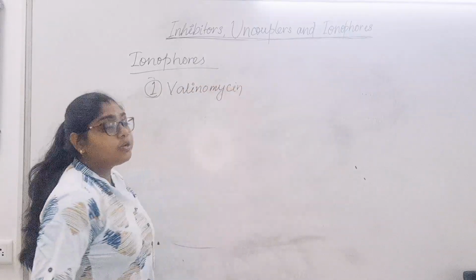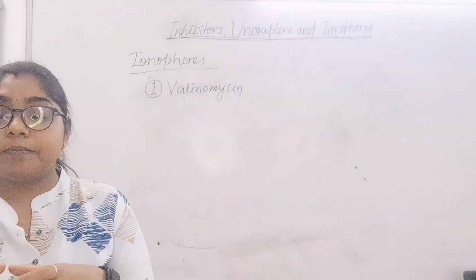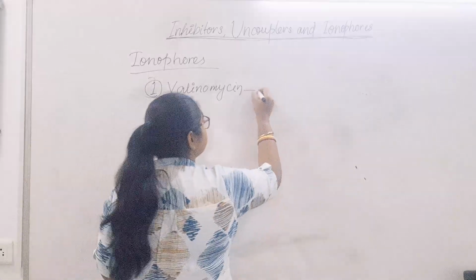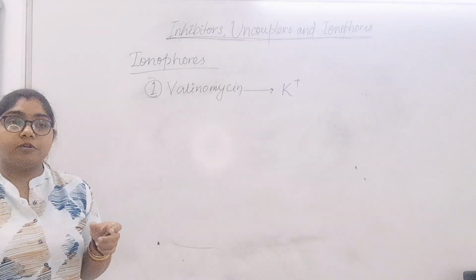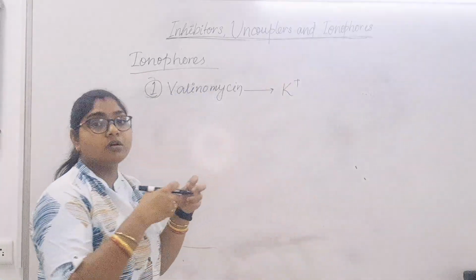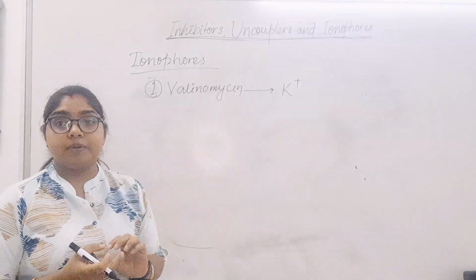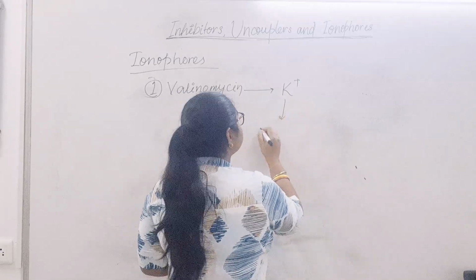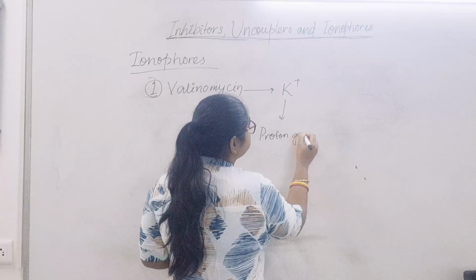Valinomycin, which is an antibiotic, makes the mitochondrial membrane permeable to the potassium ion. That means the potassium ion can now move into the matrix while ATP synthesis is taking place. So what will happen? It will decrease the proton gradient that has to be created